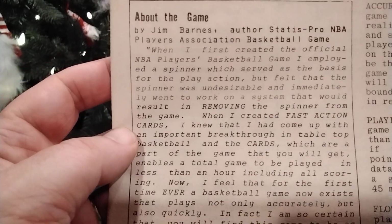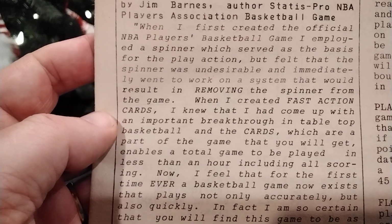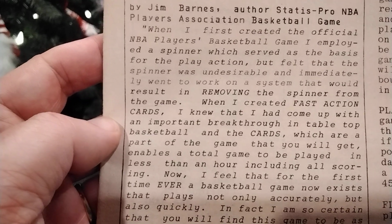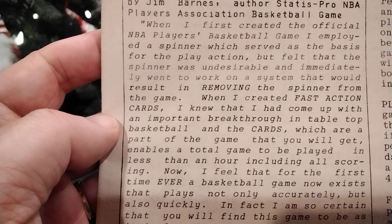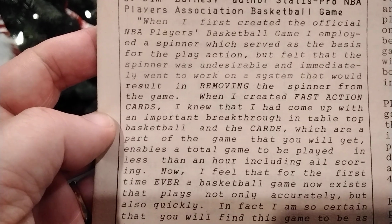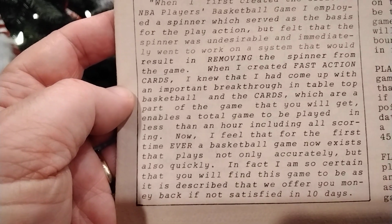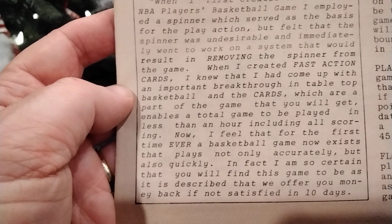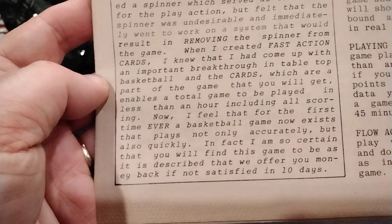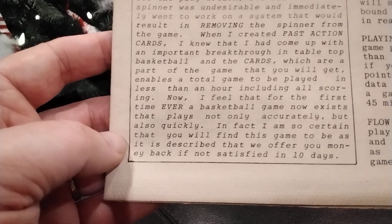Talks a little bit about removing the spinner. When I first created the official NBA Players Basketball game, I employed a spinner, which served as the basis for the play action. I felt that the spinner was undesirable and immediately went to work on a system that would result in removing the spinner from the game. When I created fast action cards, I knew that I had come up with an important breakthrough in tabletop basketball and the cards, which are a part of the game that you will get, enables a total game to be played in less than an hour, including all scoring. Now I feel that for the first time ever, a basketball game now exists that plays not only accurately, but also quickly. In fact, I am so certain that you will find this game to be as it is described,